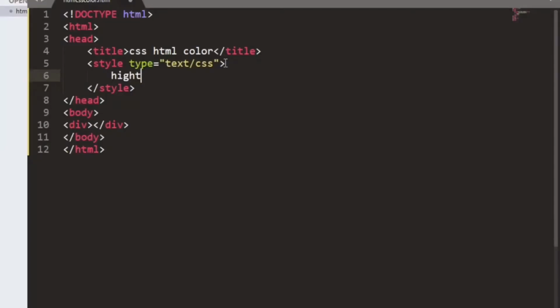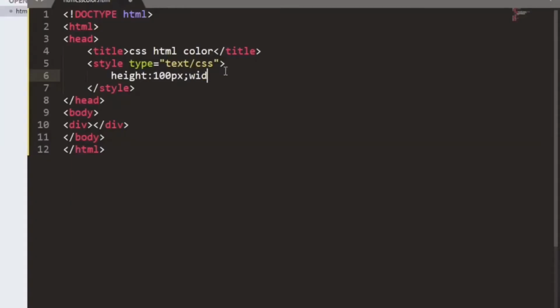So I have written style here, and after that height is 100 pixel, and I will define the width, that is also 100% or pixel according to your use.